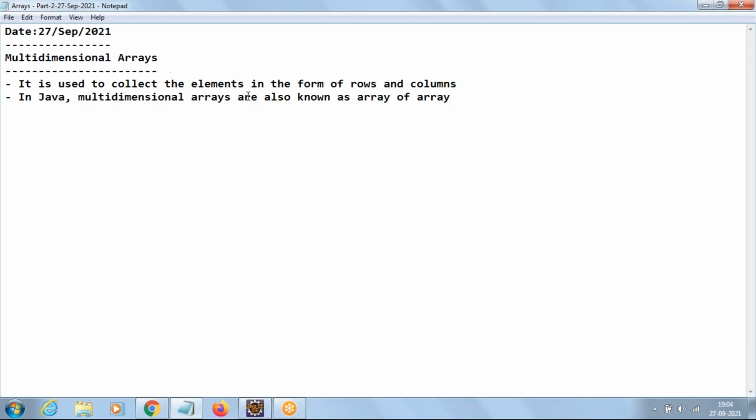In Java, multi-dimensional arrays are also known as what? Array of arrays. What is this array of arrays? I'll elaborate in the diagram. How to declare multi-dimensional arrays? The syntax is,